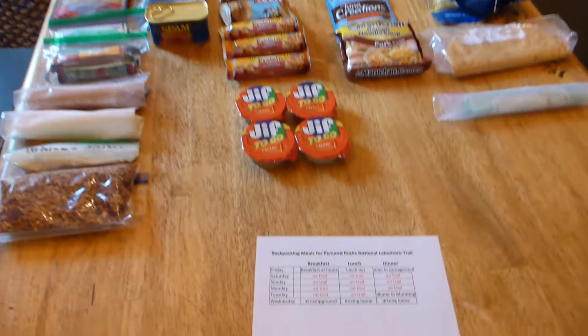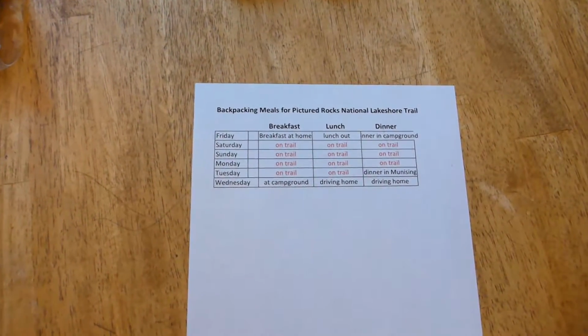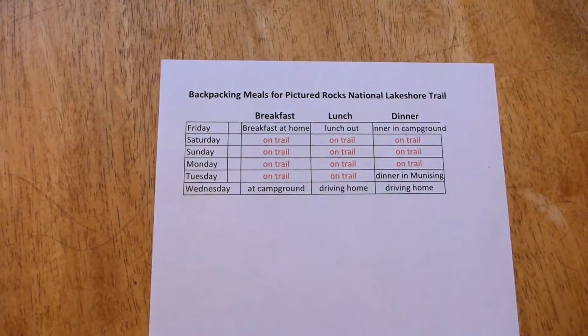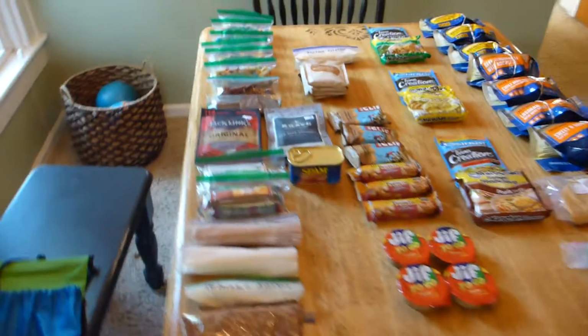Alright, I probably went a little overboard on the planning for this trip, but I like spreadsheets, so I kind of threw together something here real quick. So I knew exactly how many meals I needed pre-trip, post-trip, and while on the trail to help me plan this properly. Alright, let's start up here in the